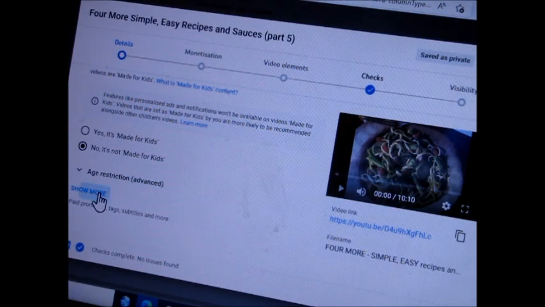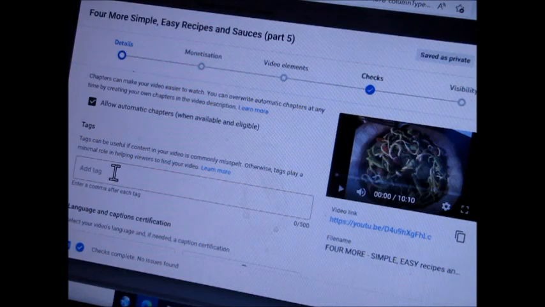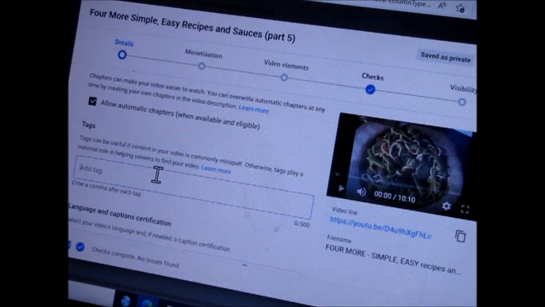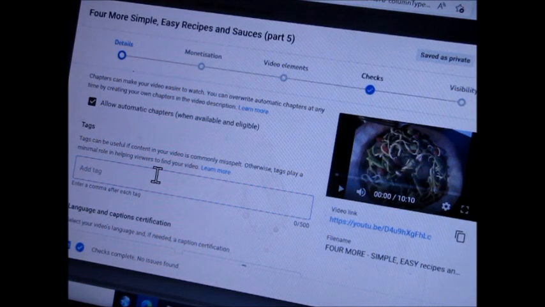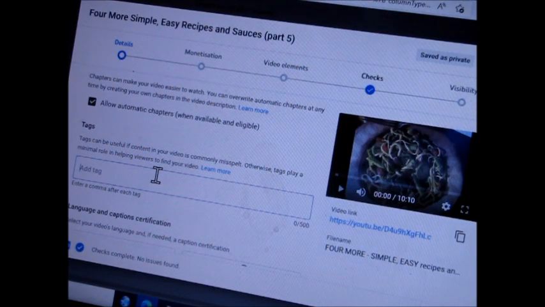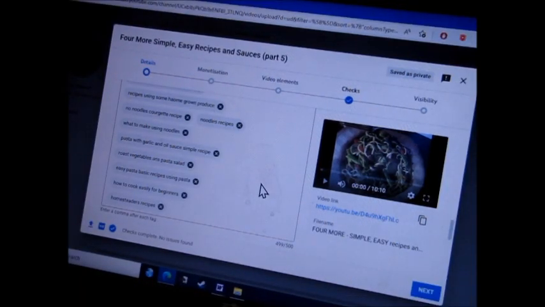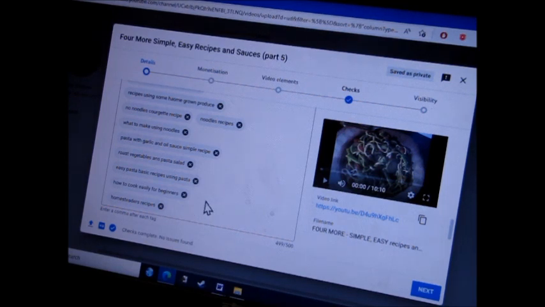So I click here on show more and scroll down and hit tags and start adding tags. All the words you've used in your title, all the words that you've used in your hashtags, anything you mention within the video, and just type them all in. Now I've finished typing in all my tags, and as you can see I just type the word, separate each word and press enter when you've finished each part.